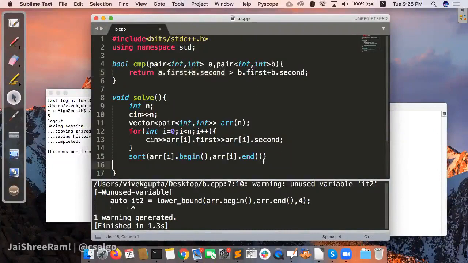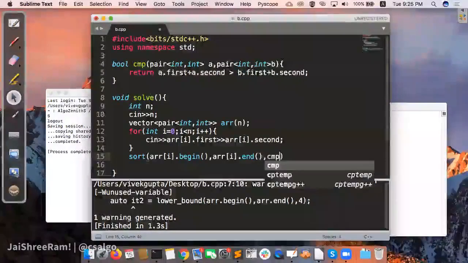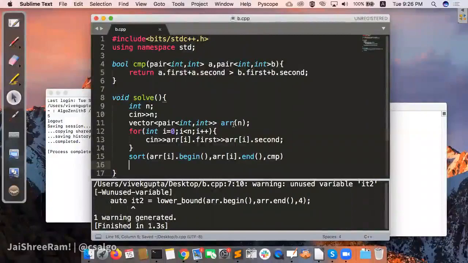If you just pass this in over here in the sort, it will sort it by this condition, and then you will get the ordering. And then you can obviously get the answer as well. You can just alternately add A and B to different variables and get the difference if you want.